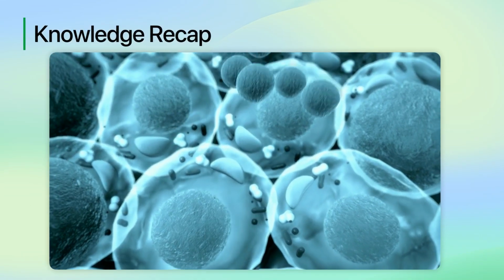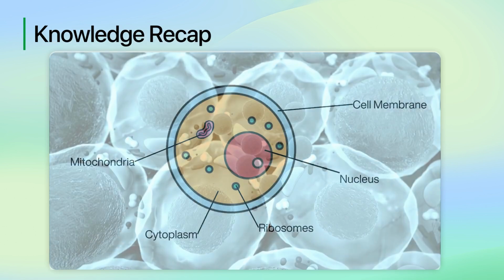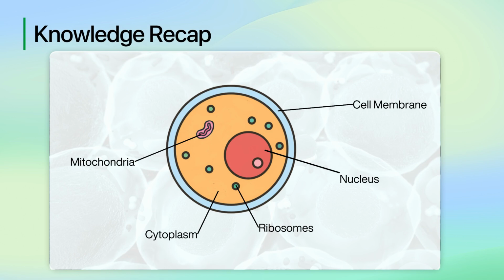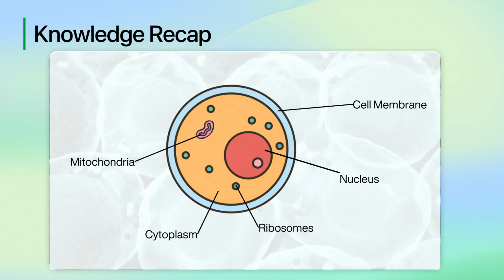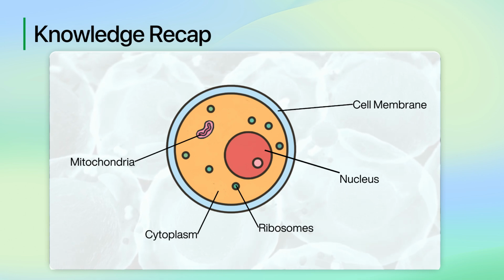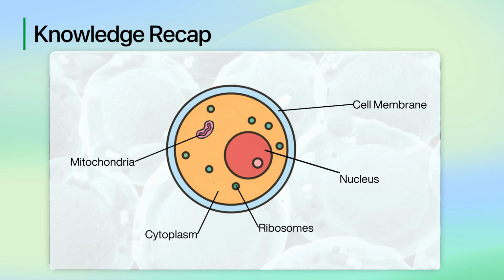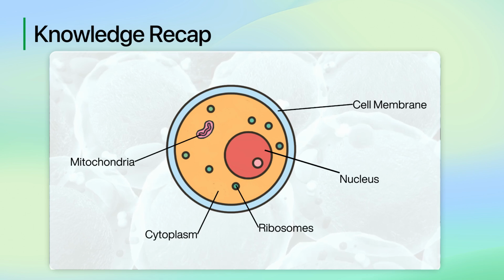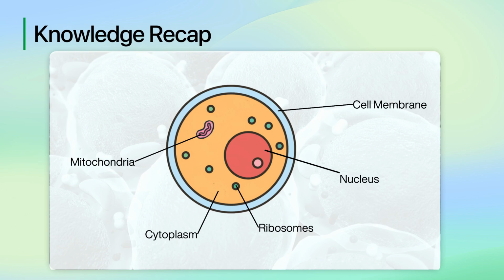So far, you have learned about the general structure of animal cells. You should recall that all animal cells share certain components, such as the nucleus, cytoplasm, cell membrane, mitochondria, and ribosomes. This foundational knowledge allows us to delve deeper into the concept of specialized cells and gain a broader perspective on the complexities and efficiencies of biological systems.